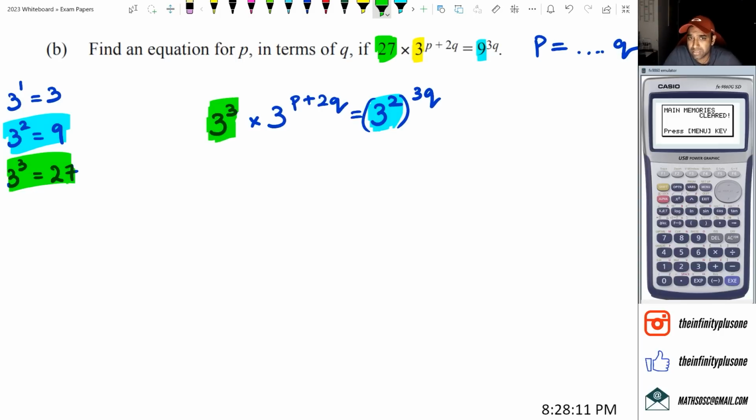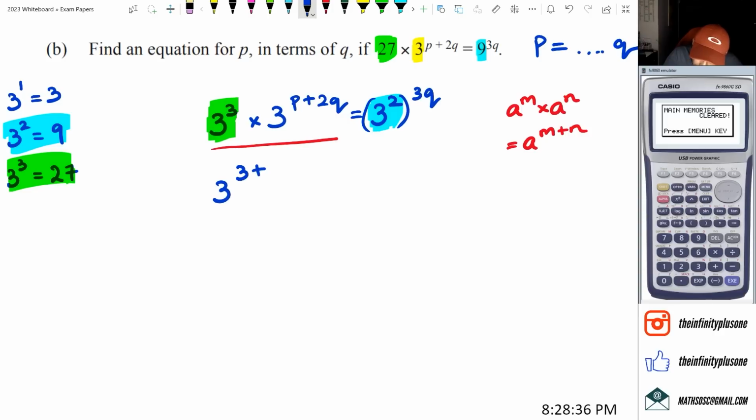Now, the next step is this. When you multiply two bases that are the same, you add the powers. Because think about it. When you have a to the power of m times a to the power of n, this one is a to the power of m plus n. And that's what I'm going to do in this case. So in this case, I'm going to get 3 to the power of 3 plus P plus 2Q